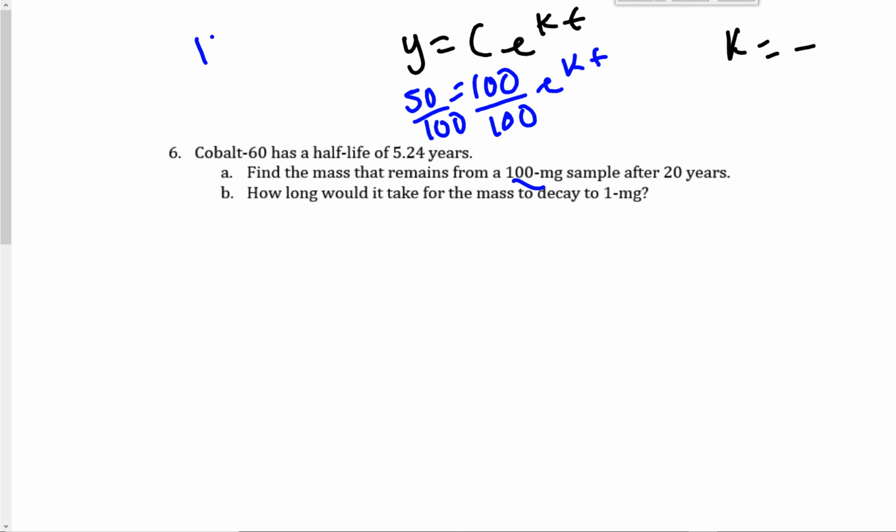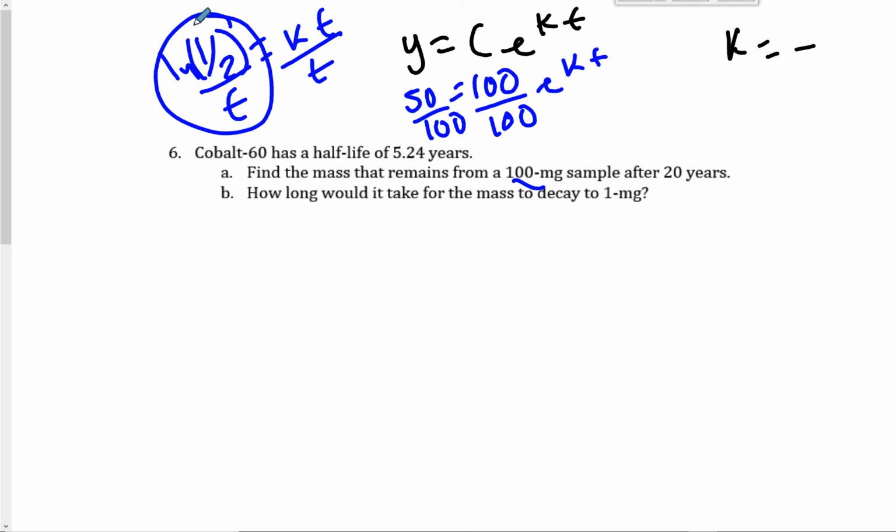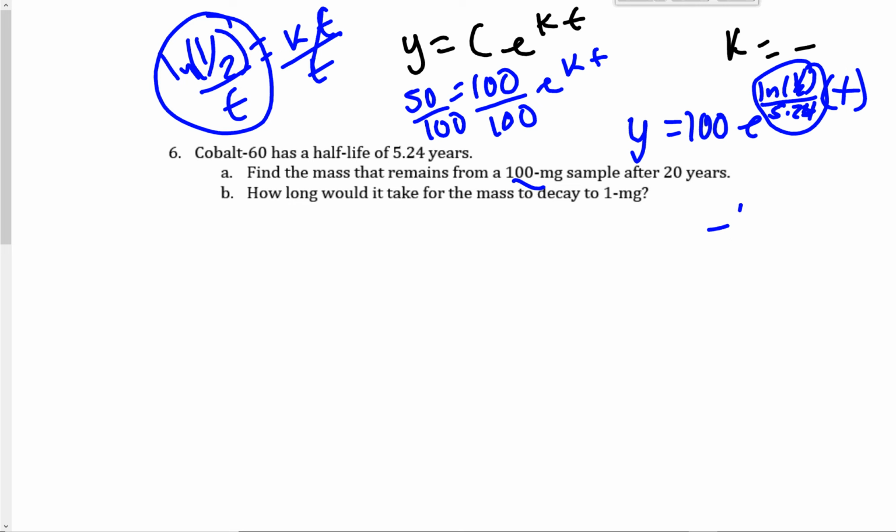So it really doesn't matter, because when you divide these, you're going to get a half here. You're going to get a half, and you're going to take the ln of both sides. So you're going to take ln of a half equals kt, and you're going to divide by your t, which again, gives us our t. So that's how you can figure out any k for any half-life. It's just ln of a half divided by how much time it takes to get to half-life, which is ours is 5.24. So you could really leave that in there. So we start with 100. So I could really leave this in there, ln of a half over our time, which is 5.24, and then times that by t. That's a more accurate reading, but I rounded it